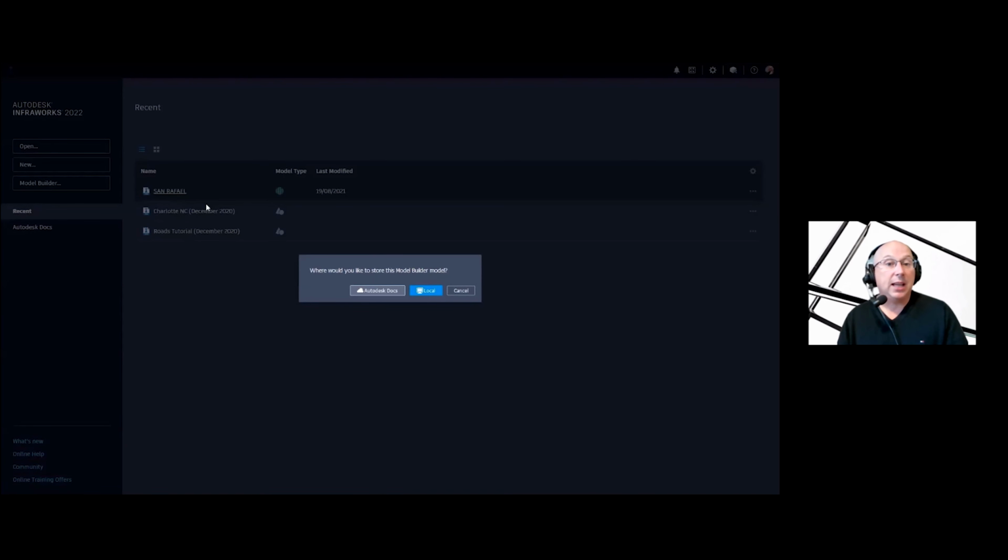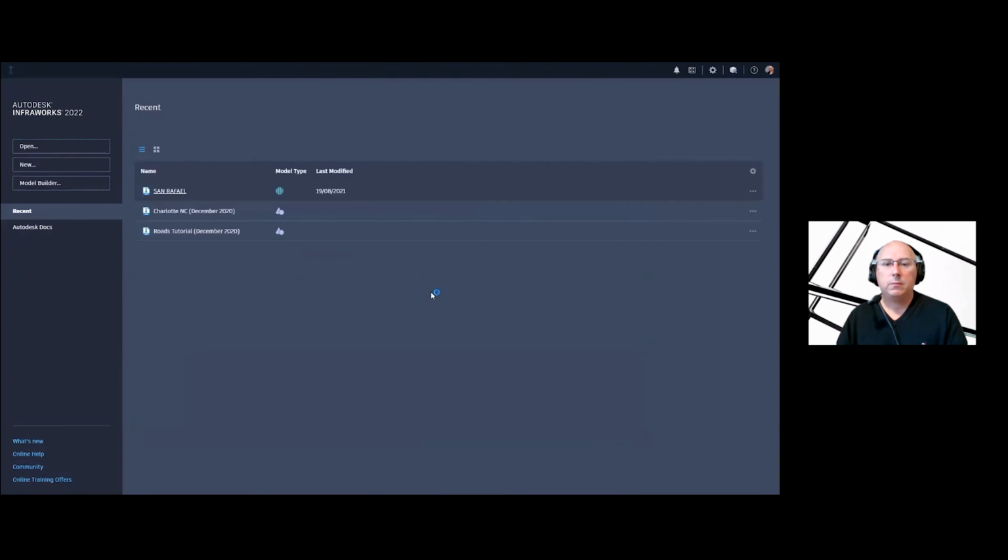Now I have two choices how to open it. Do I open it and store it in the Autodesk Docs, so in the Autodesk cloud, or do I want it local on my own hard drive? I'm going to choose my own hard drive now. So let's go ahead and do that. It'll download all the files, and it's a lot of data because it covers a lot of area. So it's bringing down, and we'll dig right in and see what it downloaded. But here it comes, point clouds, everything. We'll open the model.